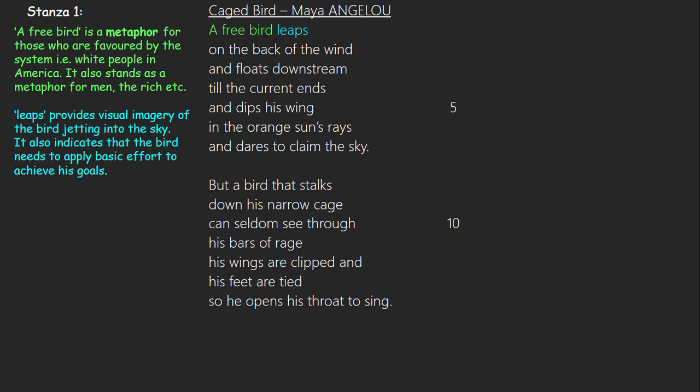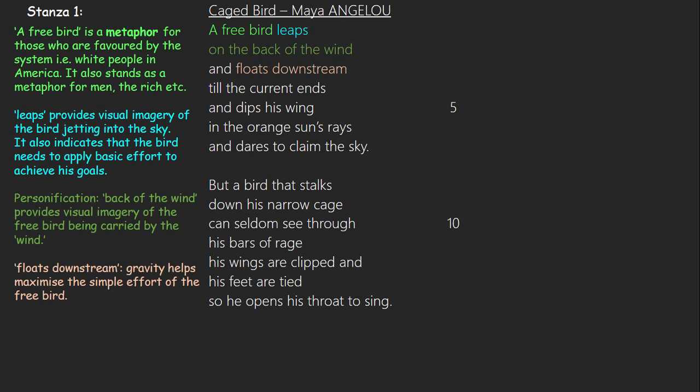It also stands as a metaphor for men. And the rich, those who have everything that they need and can do as they please. And we see that the very first action of the free bird is to leap. Leaps provides visual imagery of the bird jetting into the sky. It also indicates that the bird needs to apply very basic effort to achieve its goal,